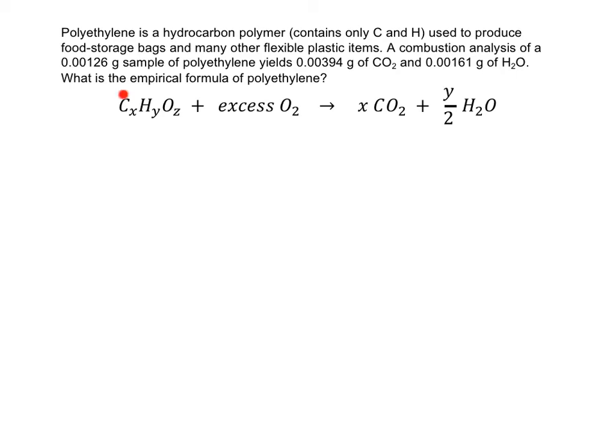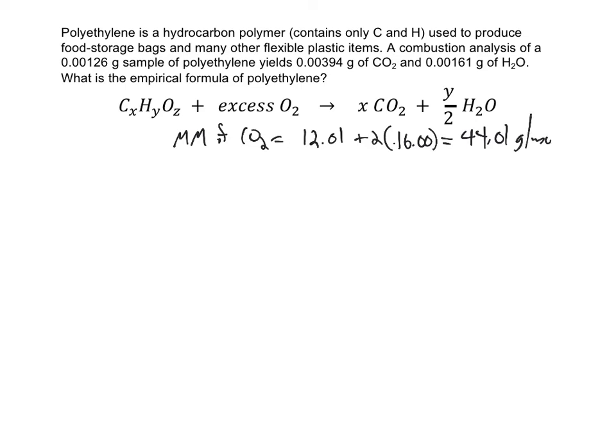So to figure out how many moles of carbon I have in the starting material, I just need to figure out how many moles of carbon dioxide I produced. So I need the molar mass of carbon dioxide. So that's 12.01, 2 times 16, 44.01 grams per mole. So I'll take my mass of carbon dioxide